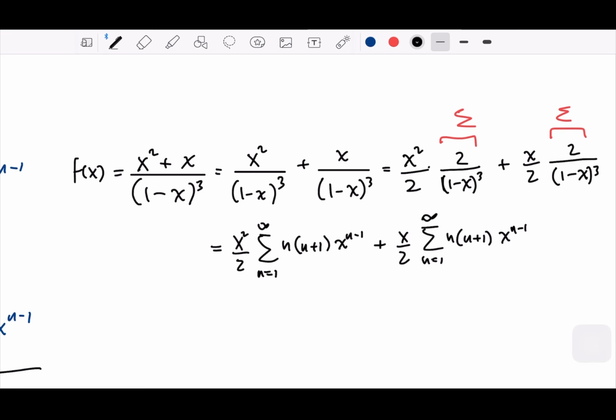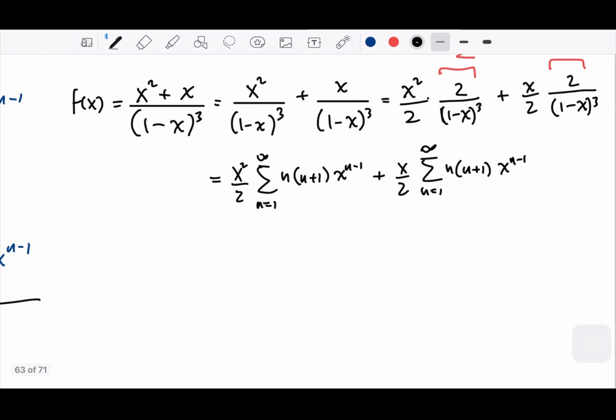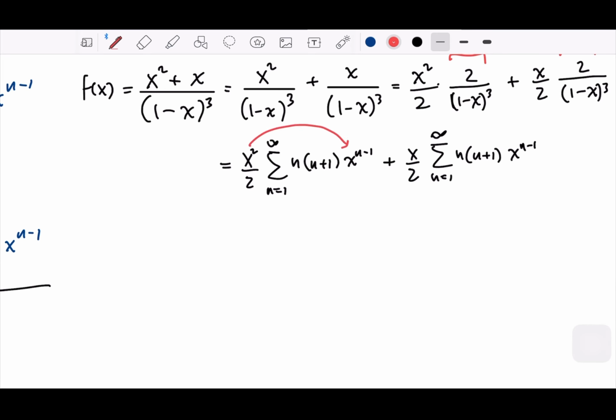Okay, so let's multiply. So x will multiply with x, and we will have maybe we'll write (n plus 1) n x^(n plus 1) over 2, and then plus